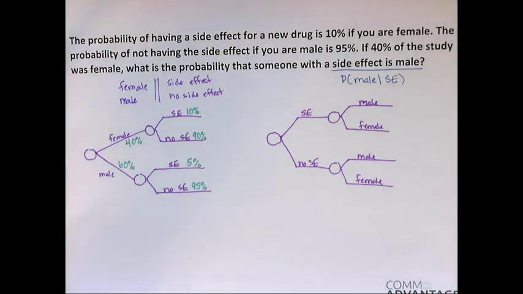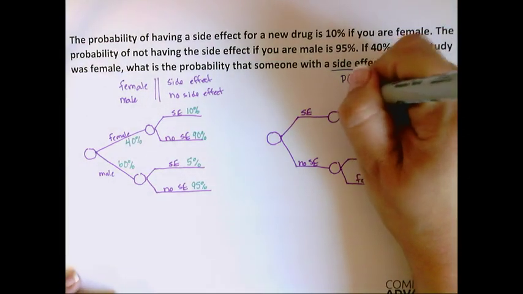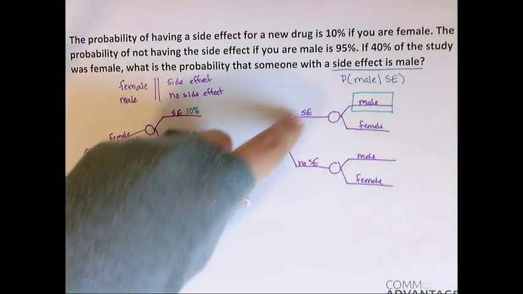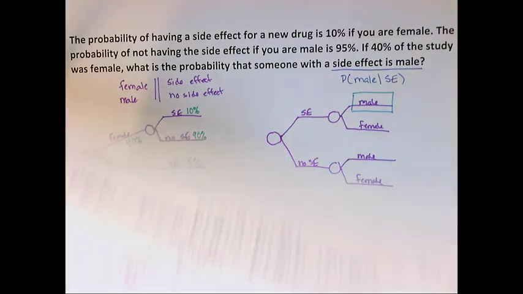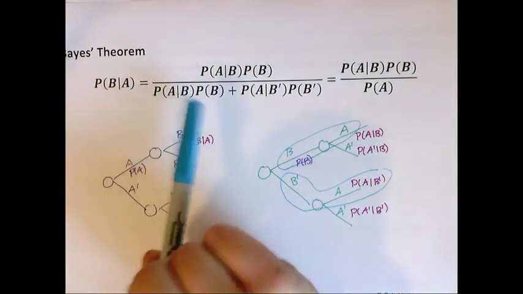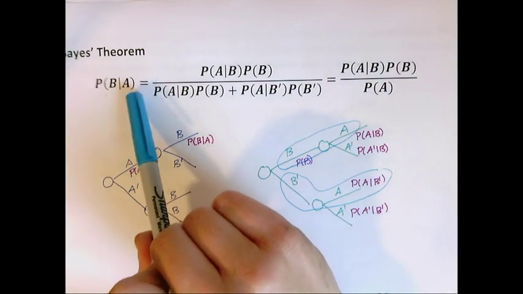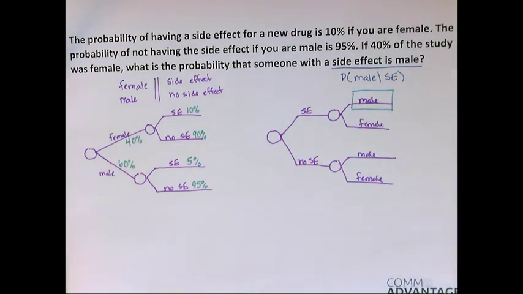So in order to basically get the probabilities for this tree, we are looking for the probability that goes on this branch. That's the goal here. In order to get that probability, I'm always going to need to know the probability of the branch before it. And that's the whole point of Bayes. When we look at Bayes' theorem, in order to go from A given B to B given A, I need this denominator that's really just the probability of whatever the given situation is. So in this case, the given situation is the probability of having a side effect. So I'm going to go ahead and solve for that